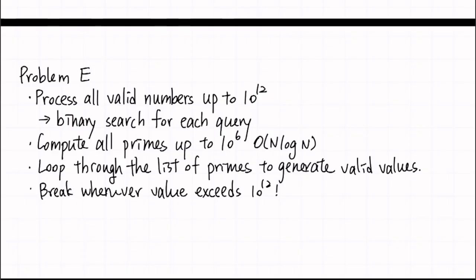As mentioned, we can first process all the valid numbers up to 10 to the 12 because the problem mentioned that A would be up to 10 to the 12. And then we can do binary search for each query. We can first compute all the primes up to 10 to the power of 6, because A can be up to 10 to the power of 12,